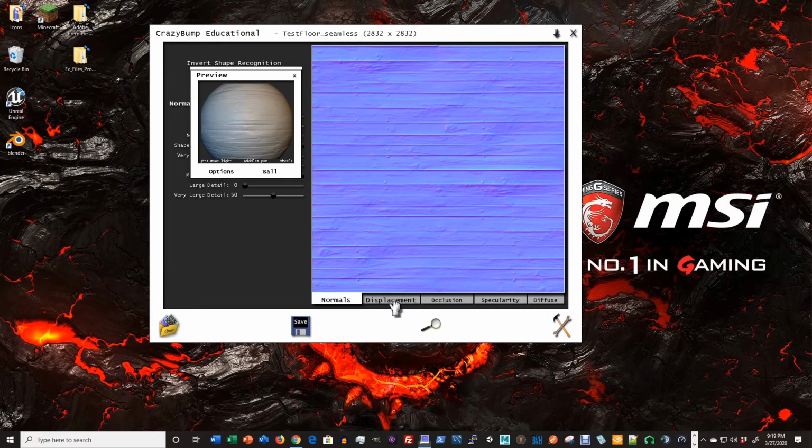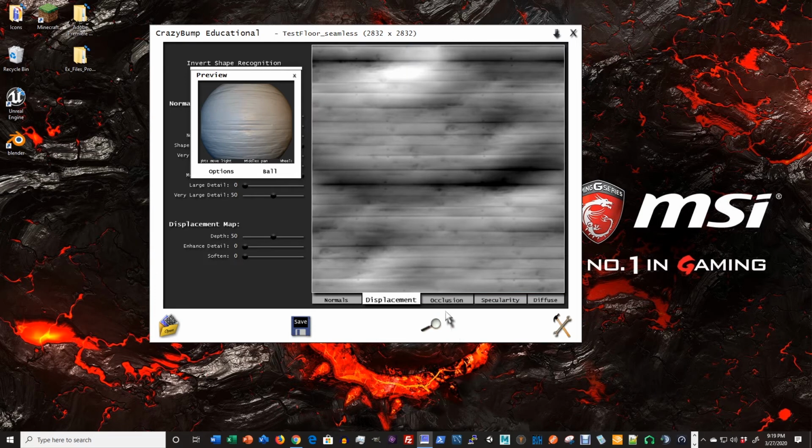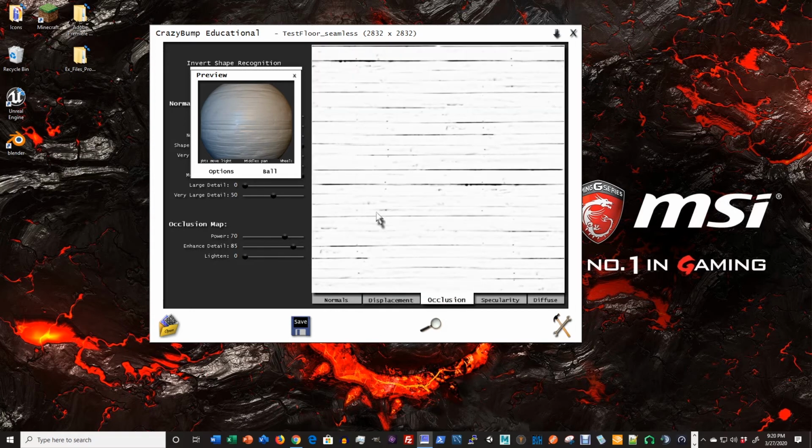There's other maps. There's a displacement map. It tells it how much it's displaced off the surface. We will at some point in time use that, but we will have to use a different model for that because for the displacement to work properly, we actually need some underlying geometry for it to be able to move around. And the occlusion map tells how light is applied or not applied to it based on what's called ambient occlusion,